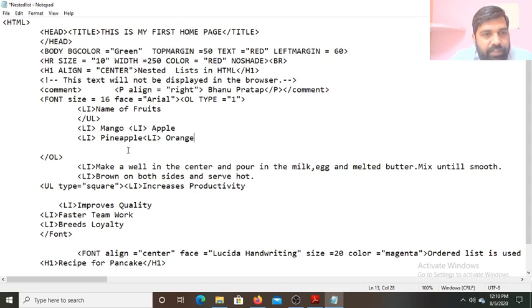So inside the UL we have written the items. Here we have to open the UL. Now we have to close the UL tag also, then it will work.